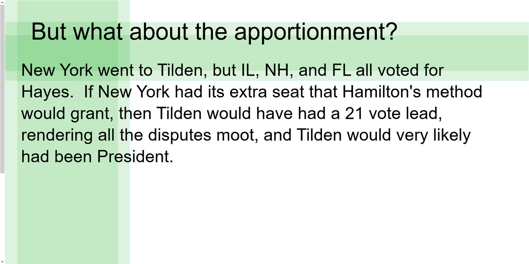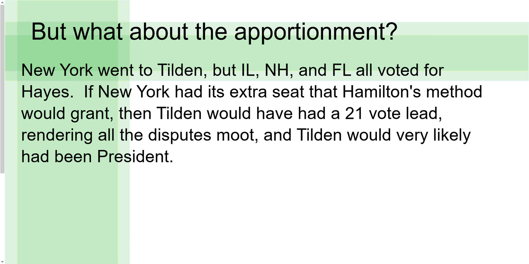So that's an issue, because if New York had the extra seat that Hamilton's method would grant, so remember that New York and Illinois were due an extra seat but never got them because of this deal, right? So if New Hampshire and Florida never had those votes, Tilden would have had an extra vote coming from New York,